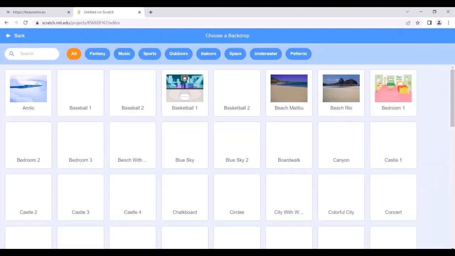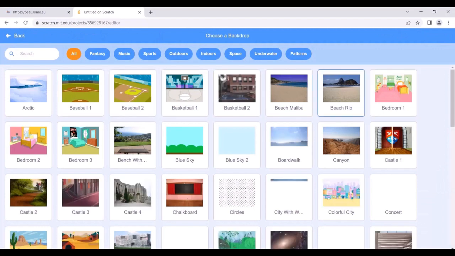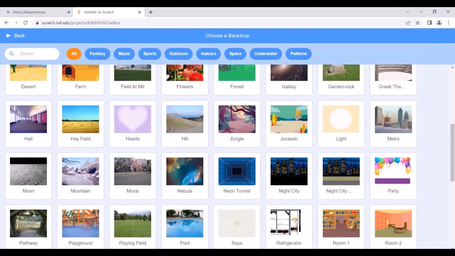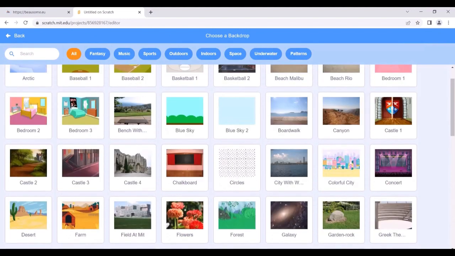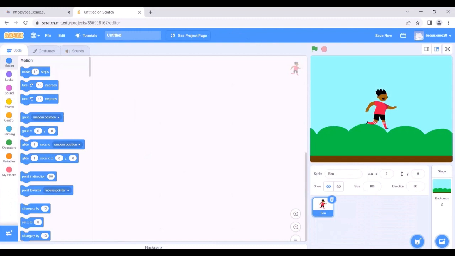Click on that and we can see different backgrounds. For example, I will choose blue sky. Okay, so I add my background, I have added my sprite, so now it's time to create our code.